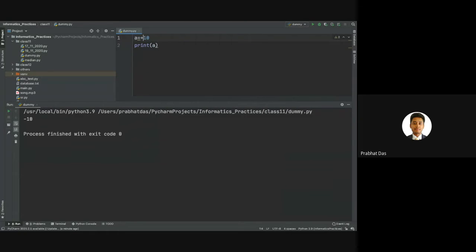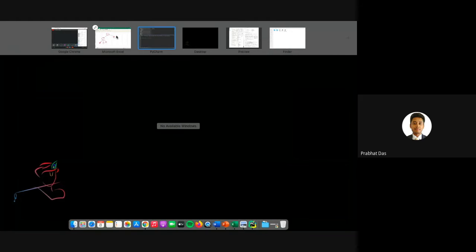Here you can see that it is using the positive integer 10. We have purposely assigned the plus value over here, but do remember that this is not going to make any change, because by default, if you don't assign any value, it is going to be treated as a positive integer. But if you are assigning a value, then it will try to convert to that particular value. In case of plus, we don't see any change in the symbols, so the value remained the same.